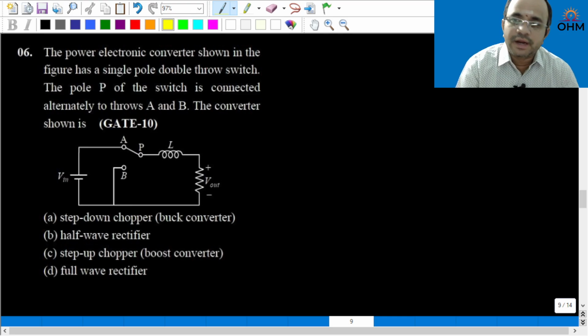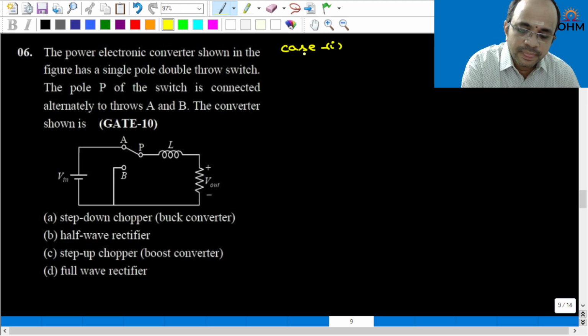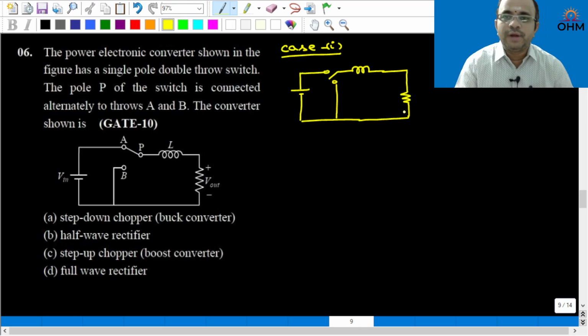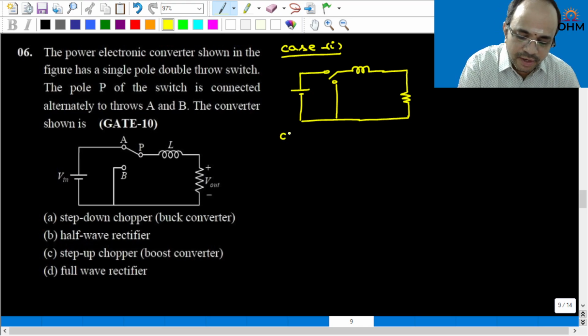Now here there are three varieties of connecting this particular thing. Now for example, case 1 is there is a source voltage VDC, and here if we connect the single pole double throw switch, this is one possibility. Okay, and second case